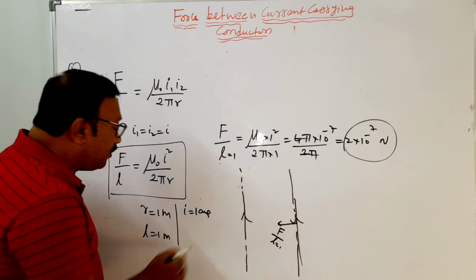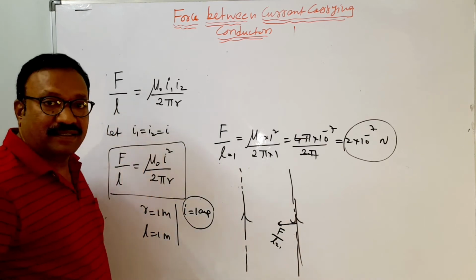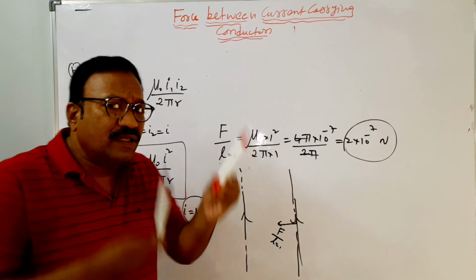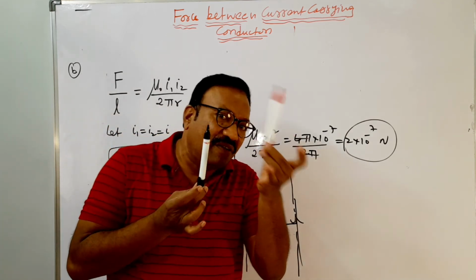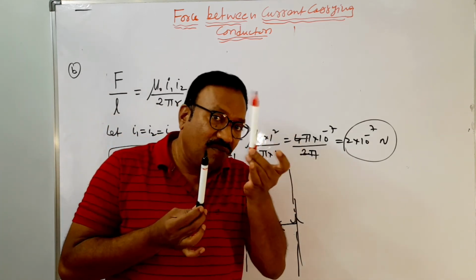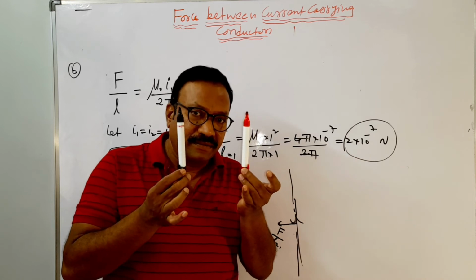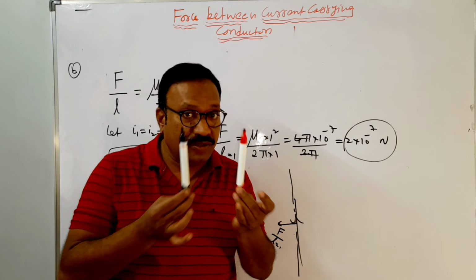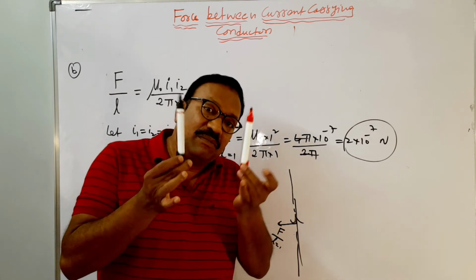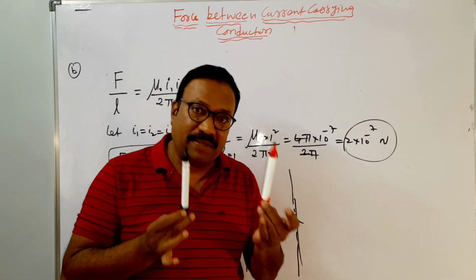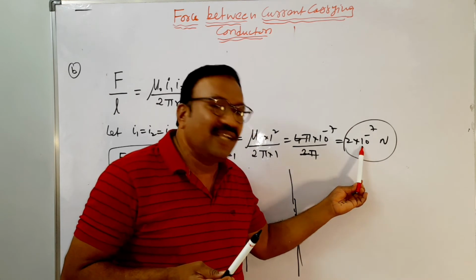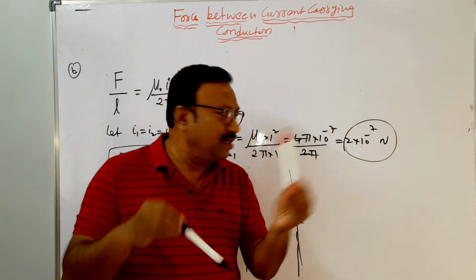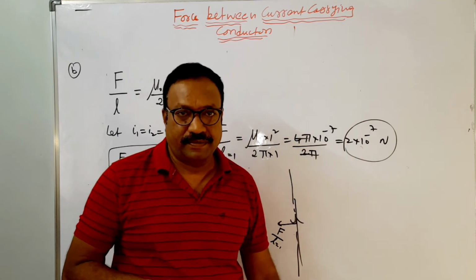So now I'll define 1 ampere. What is this force you calculated? The force on 1 meter of the wire, when they are separated by 1 meter. Distance is also 1 meter, and the current in both wires is 1 ampere and 1 ampere. They are attracting or repelling: if the same direction, they attract; if opposite direction, they repel with this force.